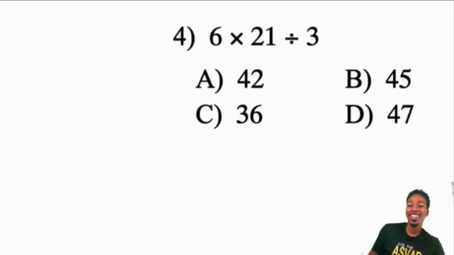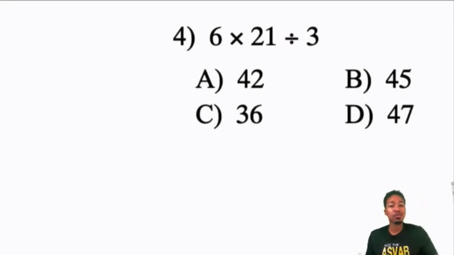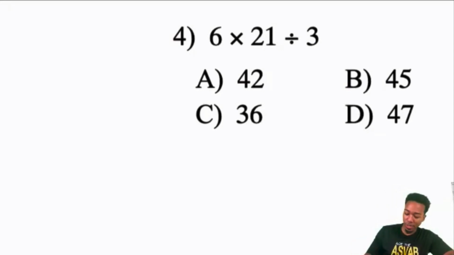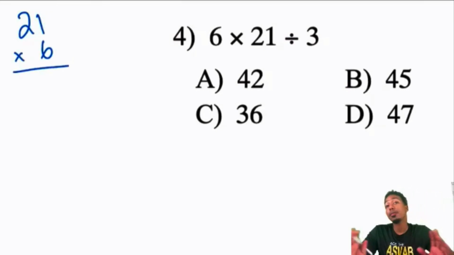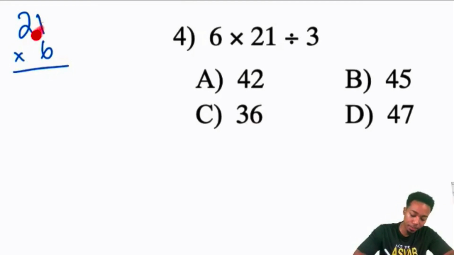I don't know. So with that, we have 6 times 21. That's going to happen first. And if you need a little help organizing that, I'll go ahead and do it on the side for you, even though you shouldn't need to. But 21 multiplied by 6, that's going to be 126. But if you didn't know that already, we can do it this way. 1 times 6 is 6. And then 2 times 6 gives us 12. So over here, the 6 times the 21